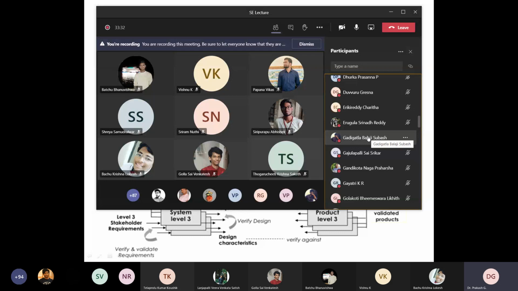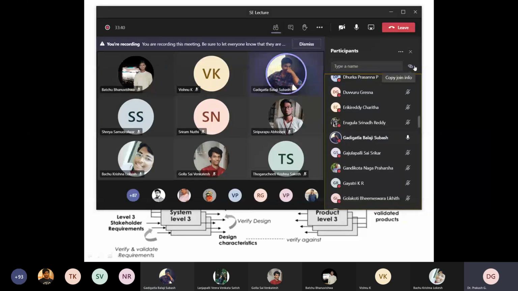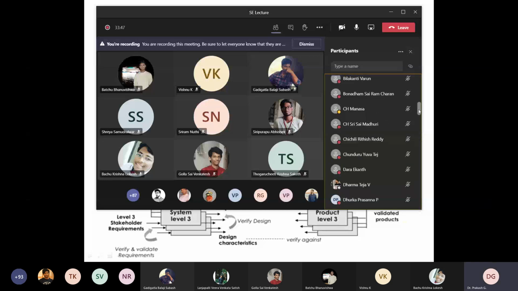Third candidate. Then fourth, Balaji Subhash. Yes, sir. So Sai Srikar, Naga Prakarsha and Gayatri had not answered, but they are here. Now whom did I call? Balaji? Yes, sir. So what question did I ask just now?